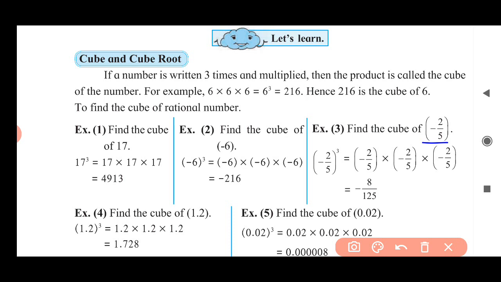Here, by the rule of multiplying fractions, the numerator is multiplied by the numerator and the denominator by the denominator. So 2 multiplied by 2 multiplied by 2, and 5 multiplied by 5 multiplied by 5. 2 multiplied by 2 is 4, multiplied by 2 is 8, and 5 multiplied by 5 is 25, multiplied by 5 is 125. So the answer is negative 8 upon 125. Okay,